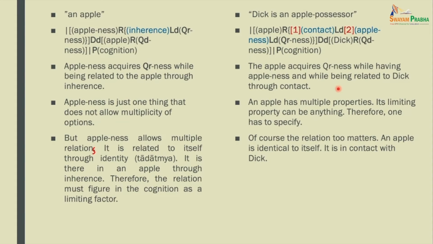Once again, we are not commenting on the qualifier, we are rather commenting on what the thing that happens to be the qualifier has gained, has attained. It has attained qualifierness, and we are commenting on that. So the qualifierness, the very fact of its attaining, its being the qualifier, is something we are describing. And how does it acquire, or how does it attain qualifierness? It attains qualifierness while being related to Dick or our qualificant through contact, and while having appleness under the mode. So there are two modes under which its qualifierness is represented, right, in the knowledge window. And one of them is a relation, which is contact in this case, and the other one is a property,